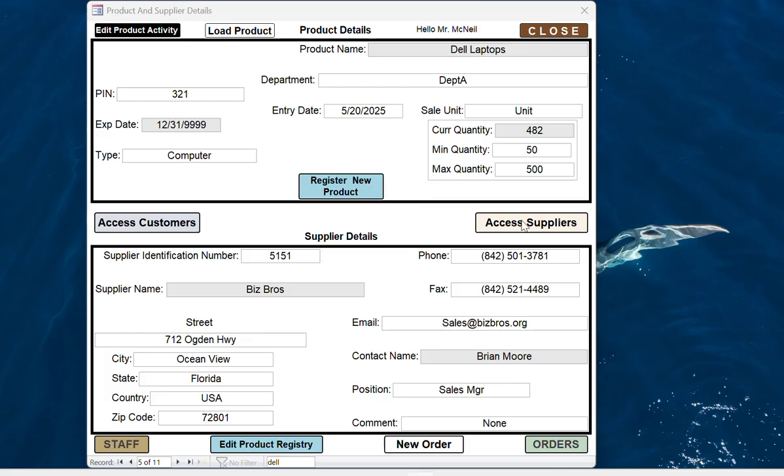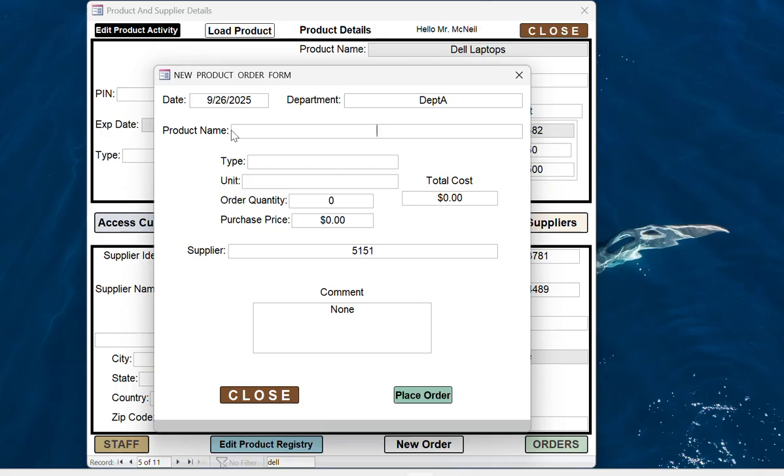So that's how to access your suppliers and add a new supplier. After you do that, now you can place a new order from that supplier. So you click on New Order to place an order. You put in the information that is required: the product name, type, units, quantity that you're ordering, maybe